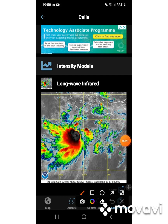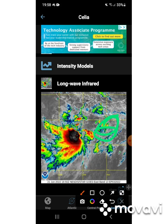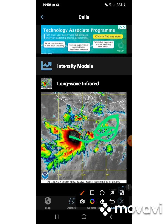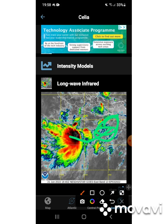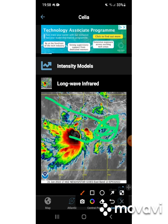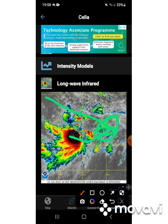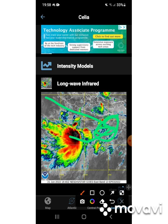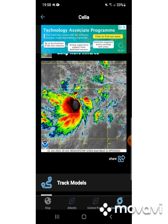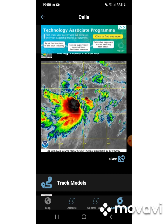And yesterday it was closer to Mexico here, and then it moved south, which was unexpected, because I thought that this was just going to scrape along the coast and deliver some rainfall to parts of Mexico, like Oaxaca and Colima and all that. But turns out it had a central location more towards the deep convection